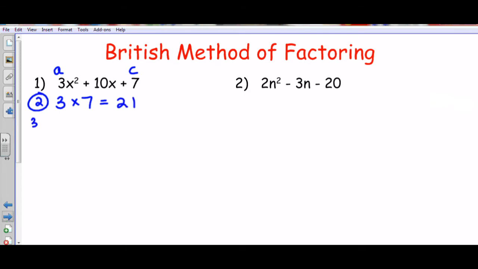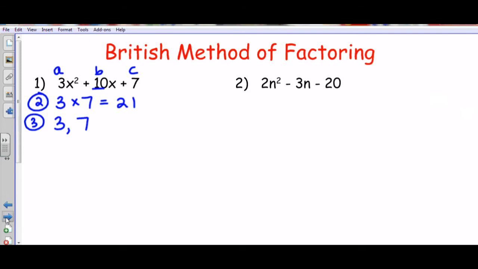Now in step 3, I'm going to look for 2 numbers that multiply to give you 21, but they have to add up to your B term, and here we have 10. So if I look back up at 2, I know that 3 times 7 gives me the 21 that I need. But 3 plus 7 also adds up to my B term of 10. So my 2 factors will be 3 and 7. Now that does not always happen. So what you multiplied for A times C does not always end up being the same 2 numbers that you